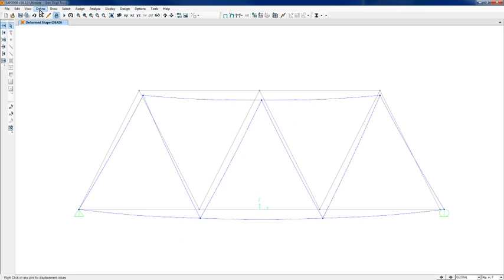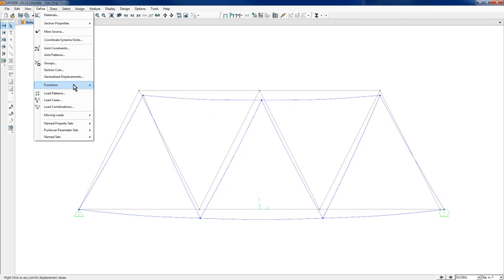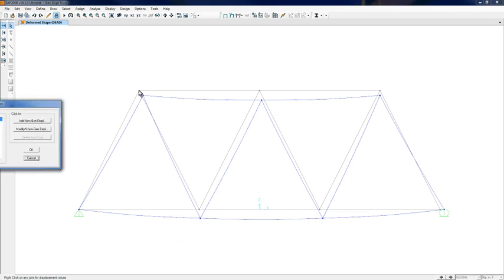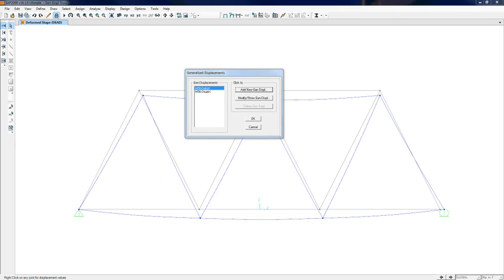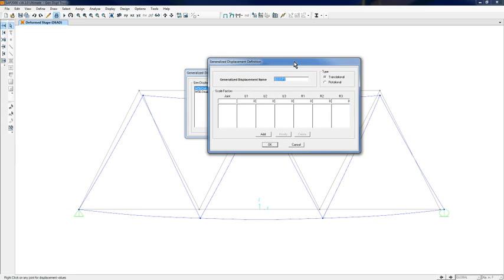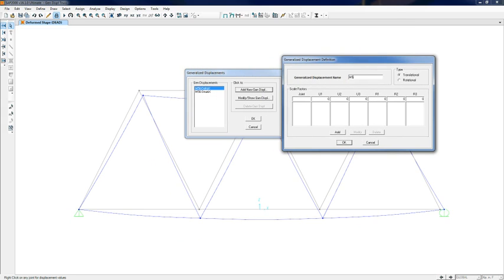So I can, again, go ahead and define a generalized displacement. I'm going to add a new displacement, and this one I want it to be, again, member 5,6. And instead of strain x, I'm going to say microstrain in the x direction. And so this, again, node 5, I want it to be in the negative x direction, gives me a positive result for this calculation,